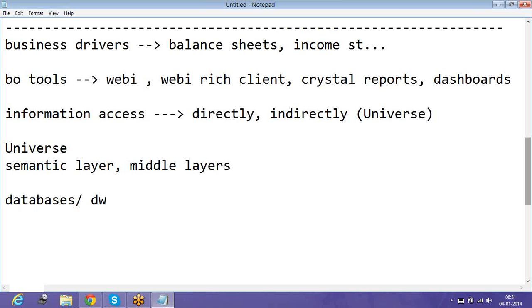They don't know where the data is stored, how many tables are available, or what the sources are. They are not bothered about all these things, because they don't know about the databases or the data warehouse. So as a Business Objects consultant, according to the requirement, I have to logically bring the necessary tables onto one layer called a universe, and on this universe,